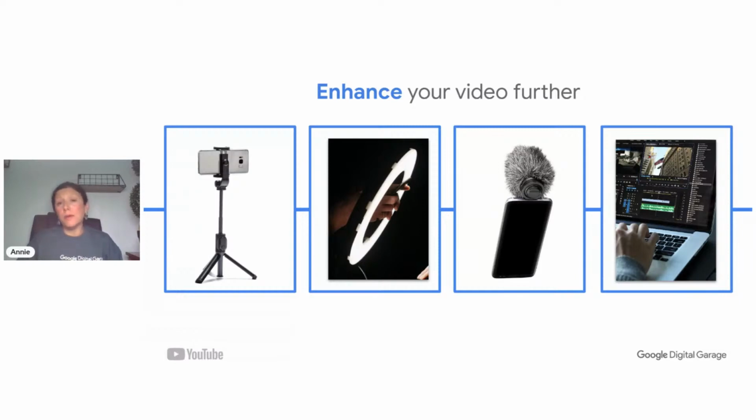Microphone, obviously most handheld devices have a great microphone, but they're used to capturing quite close up. So if you are going to be at a distance, you might want to invest in a microphone, and have a look at the kind of external microphone you'd like to consider for that as well. And the video editing software, as I mentioned, there's nothing that I personally would recommend outside of YouTube Studio, which does the bits that we need in terms of trimming.